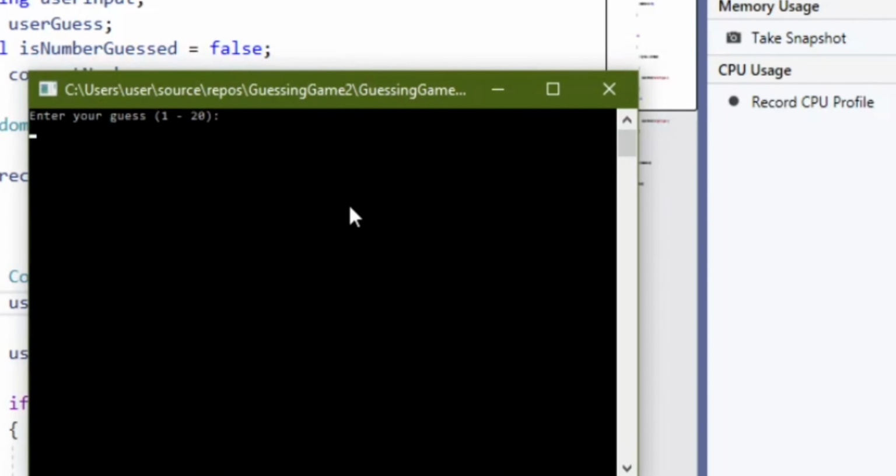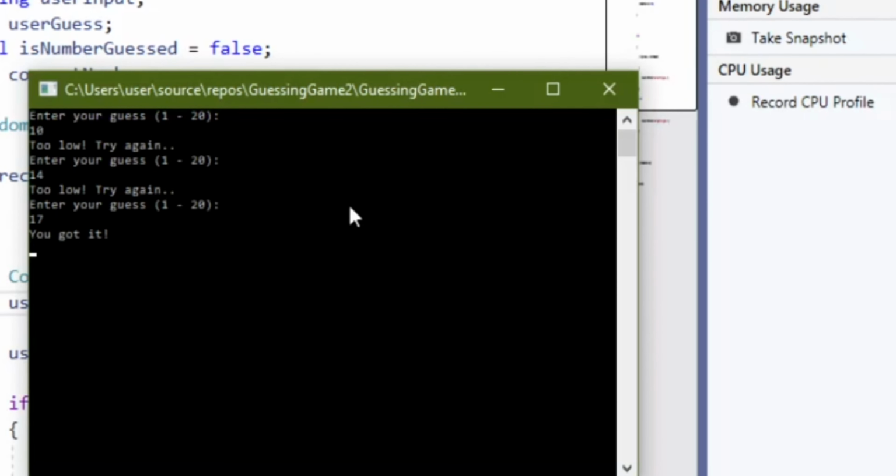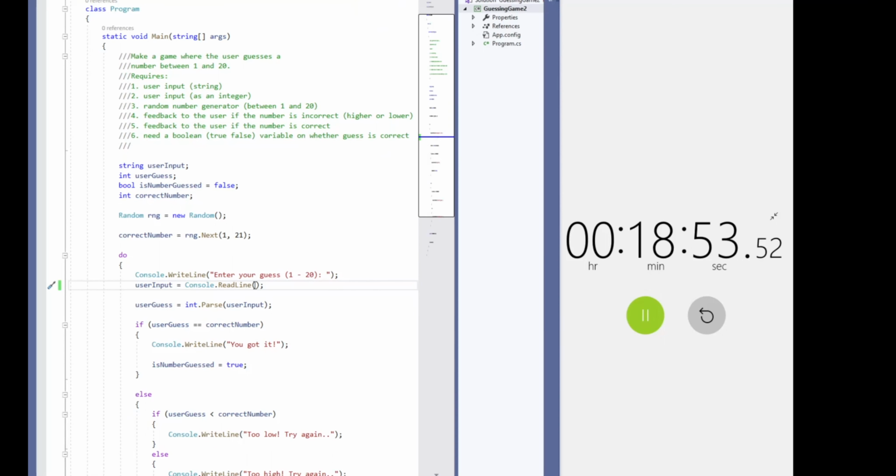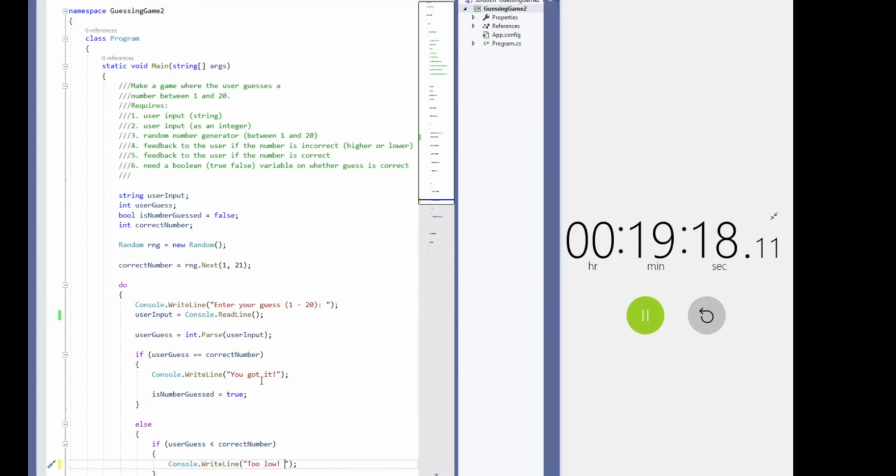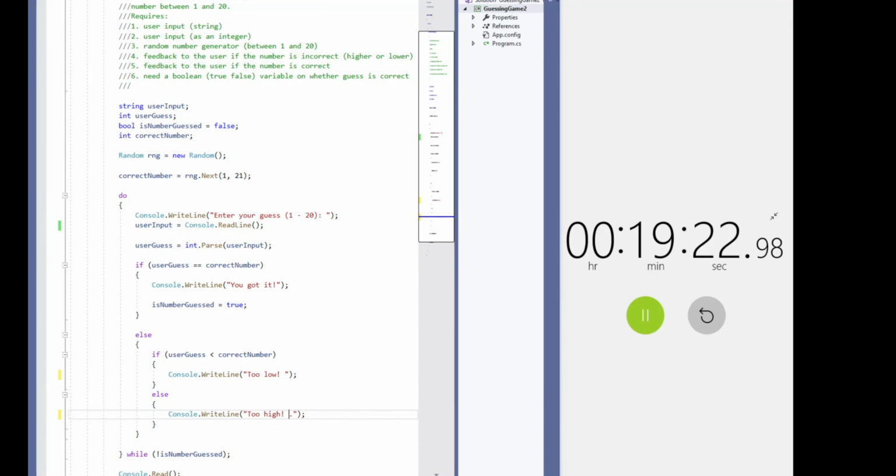And as you can see here, I tried guessing a number 10, and it was too low, try again. Enter your guess. I tried another number, 14, too low, try again. Okay, so I tried a higher number, 17, and I got it. So the program worked, and as you'll see in a second, I tried to improve it because the user interface seemed a little bit awkward in the way that it requested the user to input another number. It's funny how a missing bracket can just basically throw everything off,